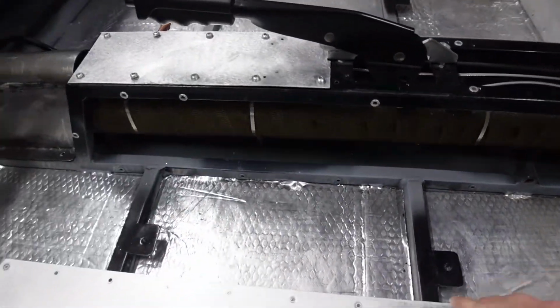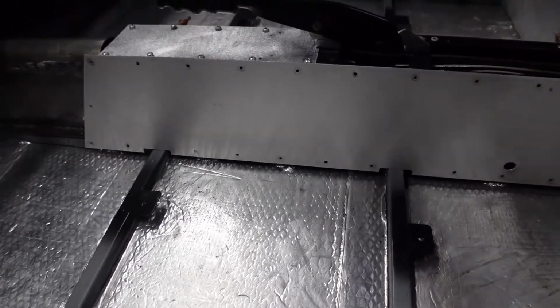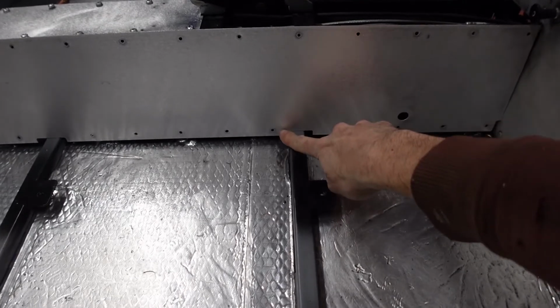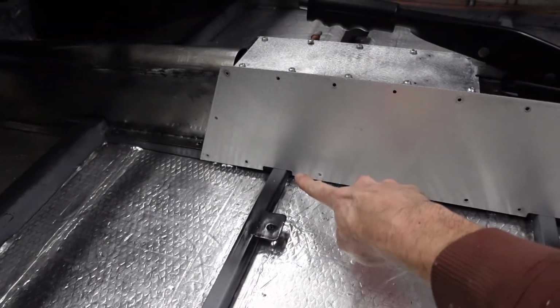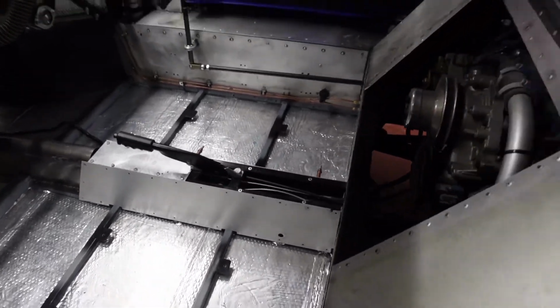And then, yeah, rivet in these side panels. You can see where I've added the bracing; I just need to trim these to get adequate room. So if we go around to the driver's side,